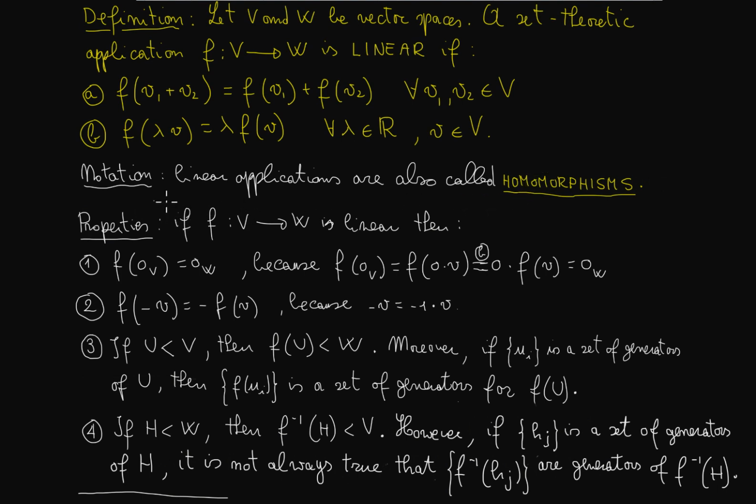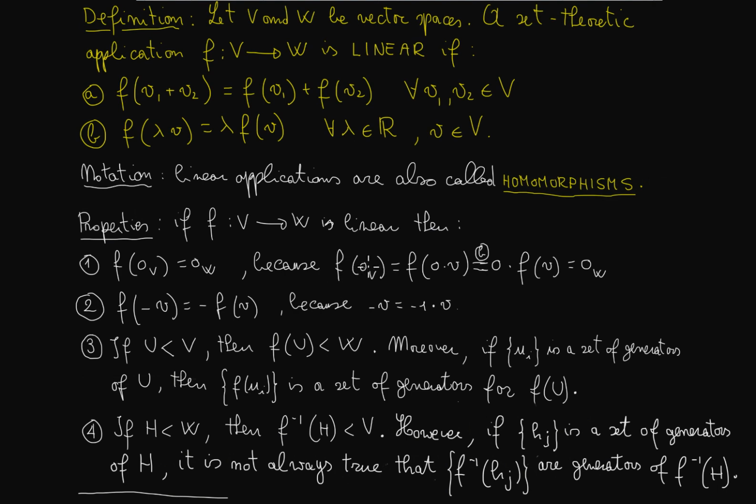Now let's consider a few properties of homomorphisms. If f is one of them, then the first property states that when you apply the homomorphism to the identity element in the domain, we will get the identity element in the codomain. This follows from property B, which is linearity with respect to multiplication by scalars, because if we apply f